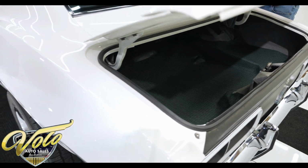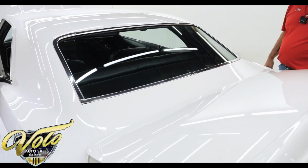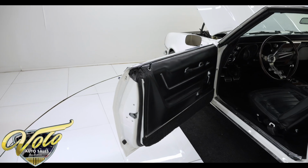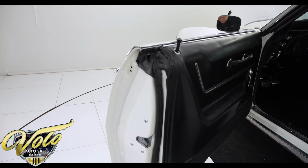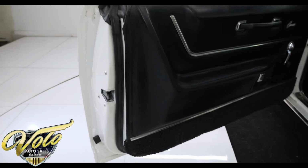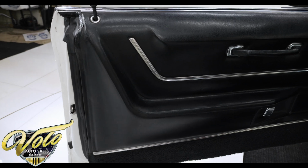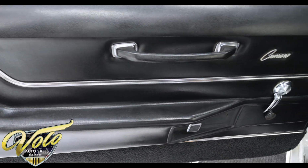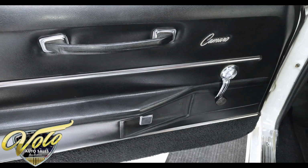I also wanted to point out the rear window is replaced. It's a crystal clear piece of glass right there. This is a nicely appointed deluxe interior. The deluxe interior includes upgraded upholstery, which is brand new, molded door panels that are in very good shape, and wood grain trim. The low back bucket seats have a center console that's equipped with optional gauges, and of course